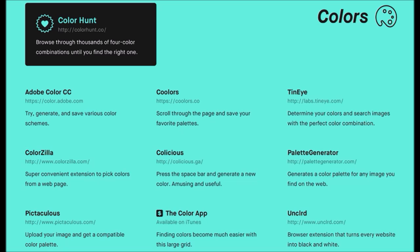Colorshus.ga, you can just press the space bar and generate a new color. It's amusing and useful, amusing more, useful as well, I would say. But yes, Colorshus.ga, it's actually a really innovative thought when you talk about making it interesting. It's really amazing. Also try